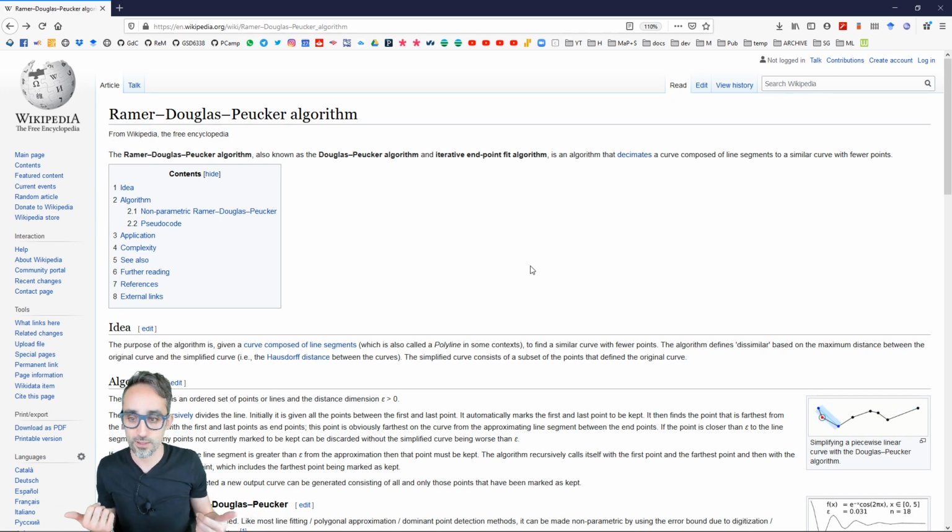It's also very useful, for example, when you want to simplify diagrams that are made of tons and tons of polylines, but you want to keep the overall shape of the sketch, for example, if you're drawing. So it's a really useful technique, and also it's a very nice algorithm to implement because it's not very hard. So we're gonna see how to do that.